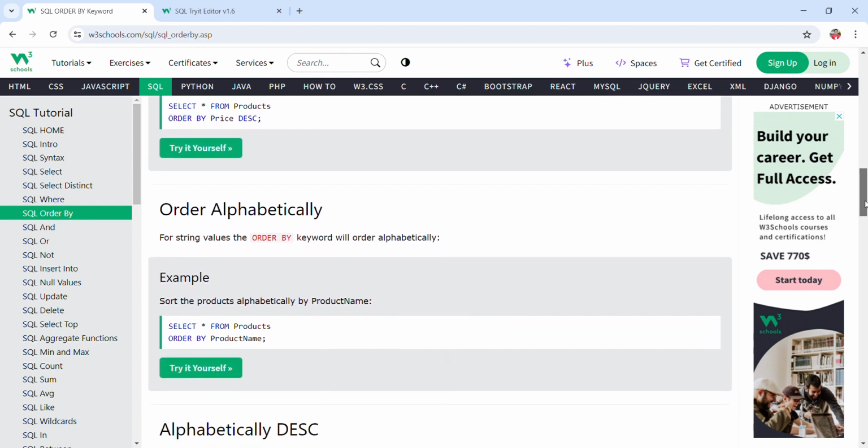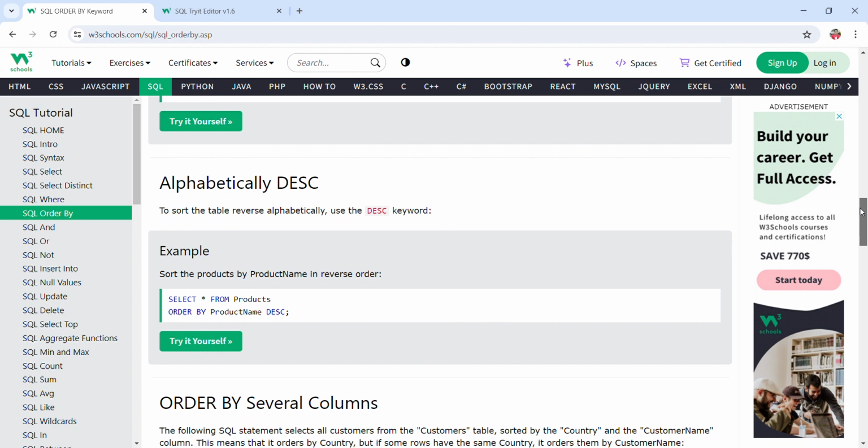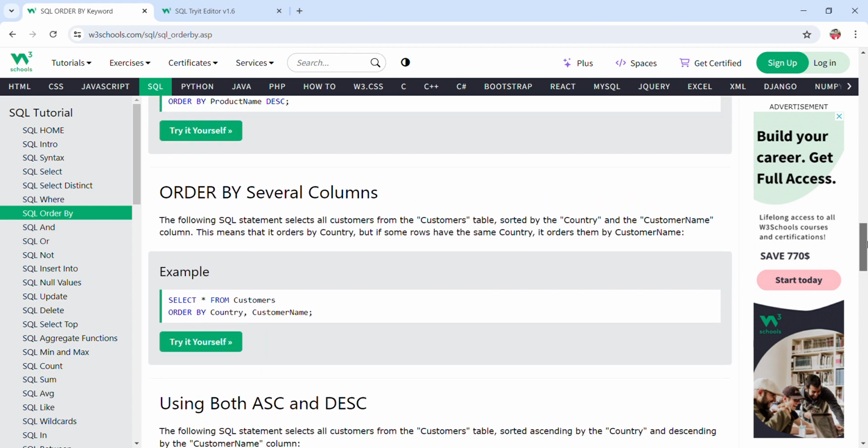Next is order alphabetically. Select star from products order by product name. Sort the products alphabetically by product name. Okay, next is alphabetically DESC. Select star from products order by product name DESC. Next is order by several